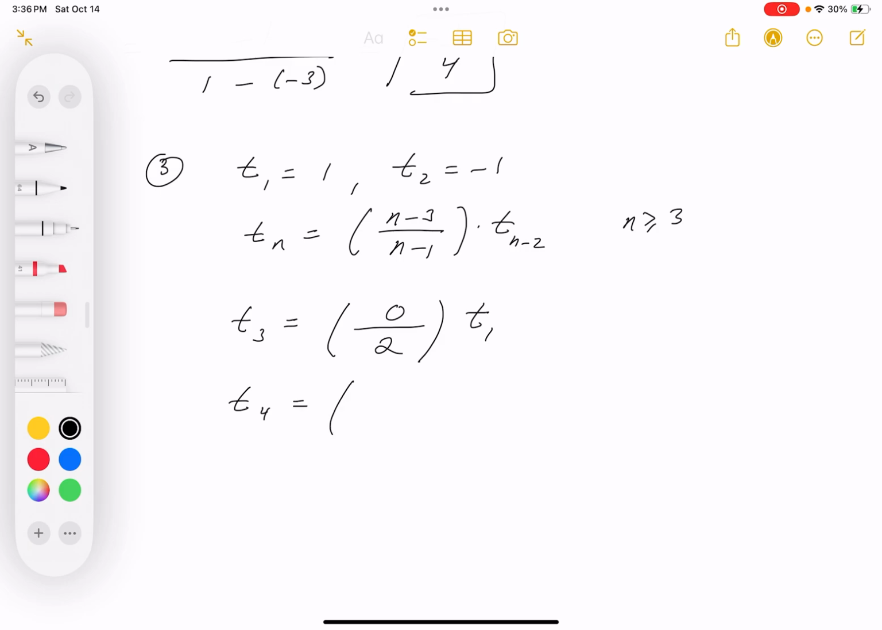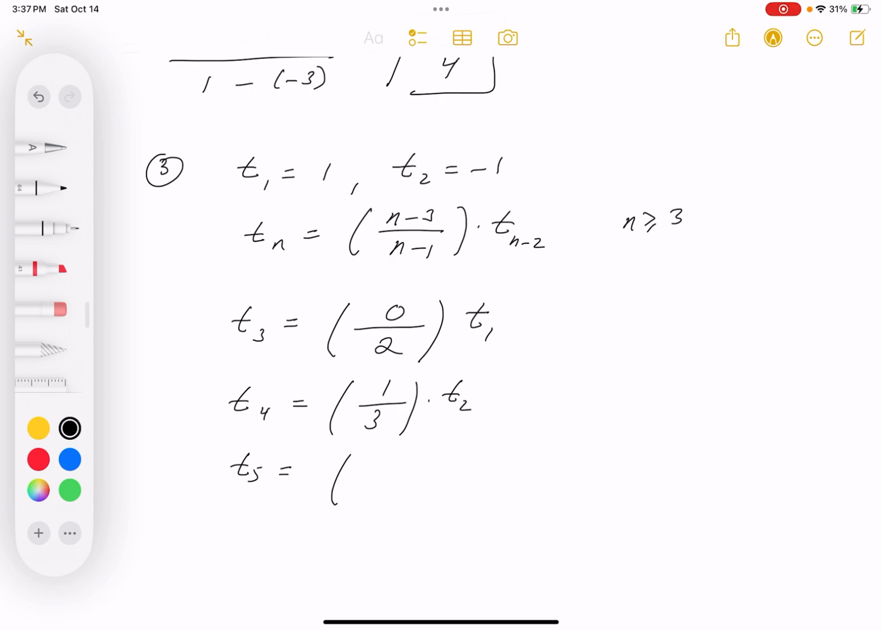And what's T4 going to be equal to? Well, T4, I'm going to try to be careful with this. And again, I'm looking at the n minus 3. That would be 1. And the bottom would be, let's see, 4 minus 1, which is 3. And then what goes over here, T2. All right, that's not so bad. Now, if you go to T5,